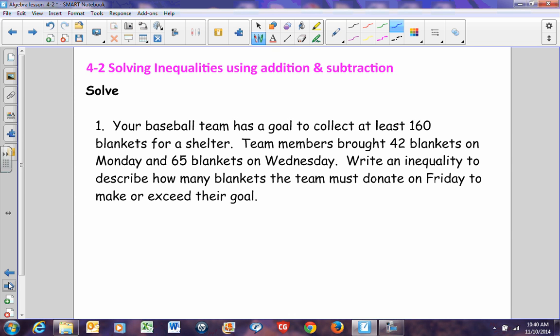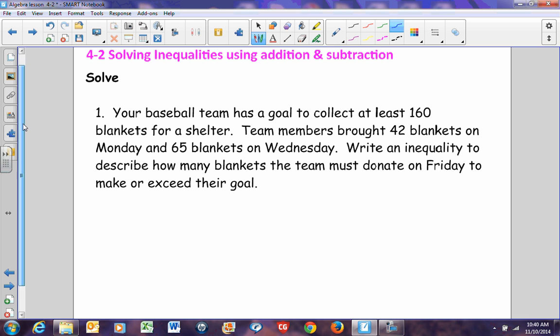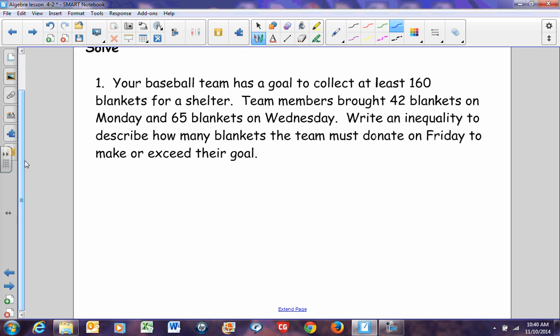Your baseball team has a goal of collecting at least 160 blankets for a shelter. Team members brought 42 blankets on Monday and 65 blankets on Wednesday. Write an inequality, describe how many blankets the team must donate on Friday to make or exceed their goal. Okay? First things first, we have to define our variable. The variable is always defined by the question that's asked. We need to know how many blankets on Friday. So if I decide to let B equal the number of blankets Friday,